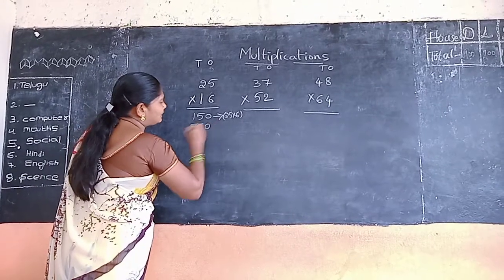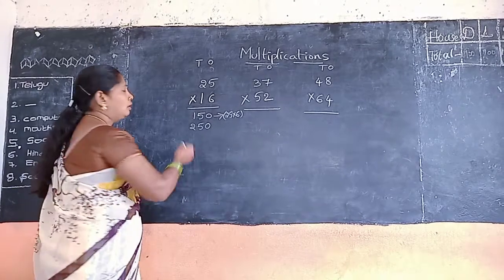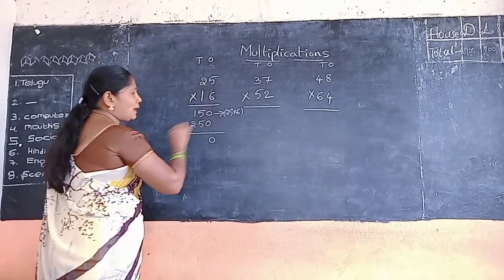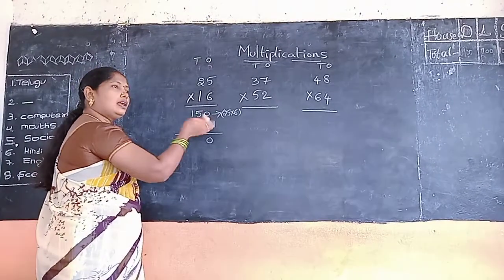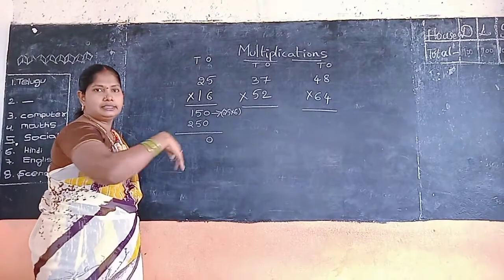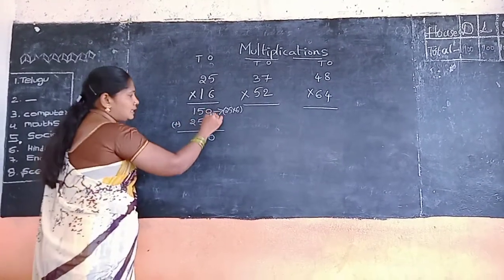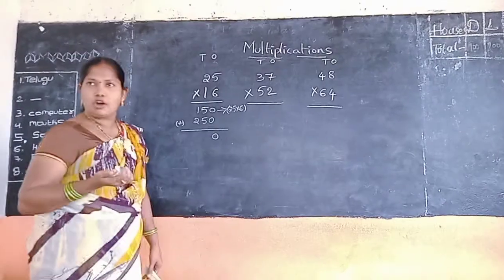Now this value is 0. In the 1's place value is 0, or nothing. Now 0 plus 0, 0. 5 plus... Now do the addition. Now do the multiplication, then also do the multiplication addition. This is the multiplication addition. Now do the addition. 0 plus 0, 0. 5 plus 5, how much?